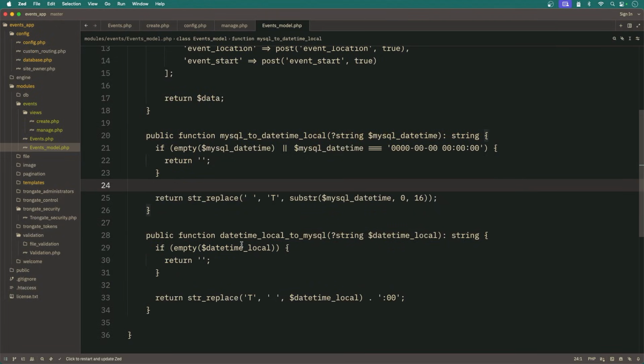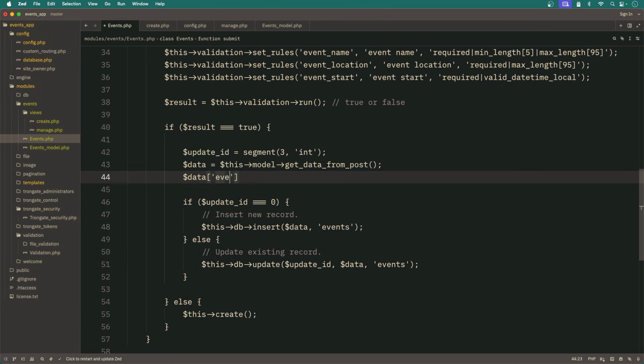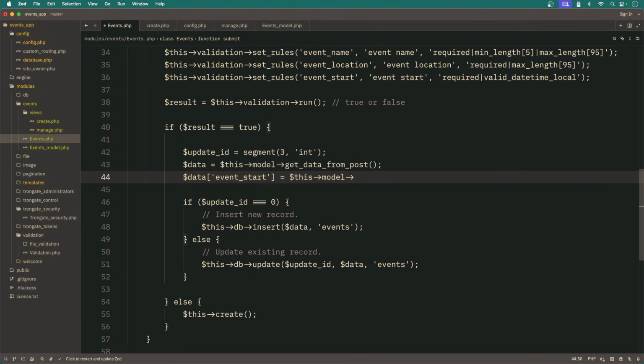And I do hope that you can see what these are doing. In our case, we want to convert datetime local to MySQL. So it's this one here, right? And what I'm going to do is, as soon as we've fetched the data, I'm going to say data event start is this model, and then datetime local to MySQL, and I'm going to pass in